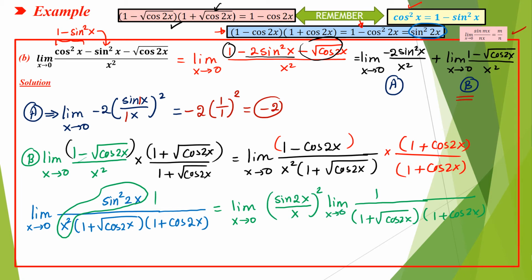Now for the first limit, the answer is 2 over 1 squared,